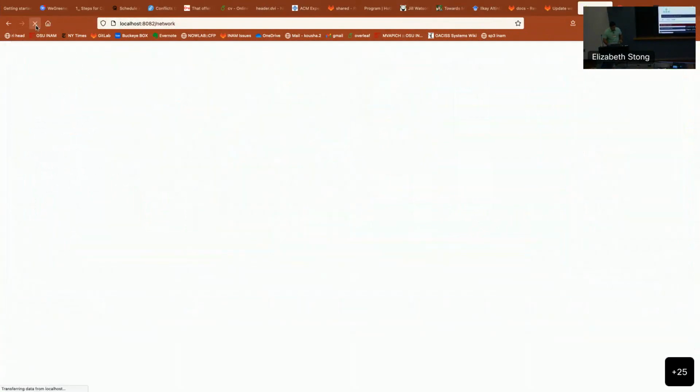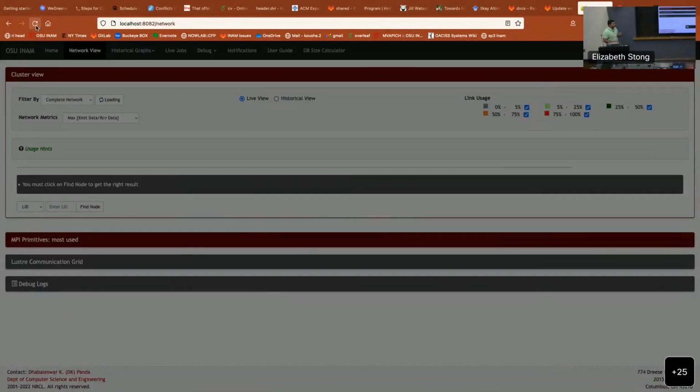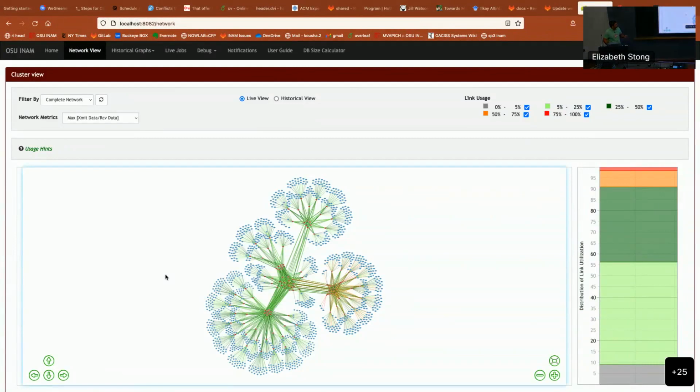So this is OSU INAM running right now in emulator mode. The first thing we do, this is the emulation of an OSC cluster. If you notice, you have the logical topology of your network. This does not represent the physical connectivity, like how close they are or how far they are, but just the